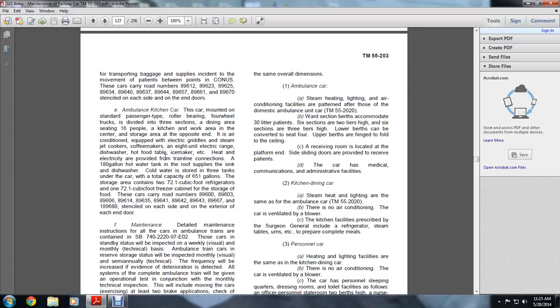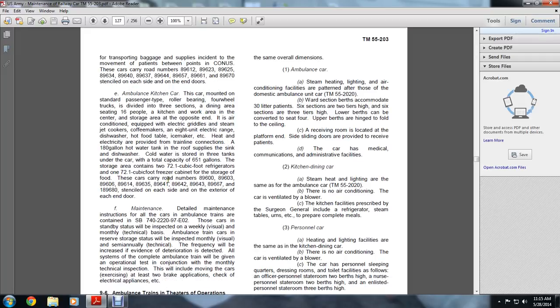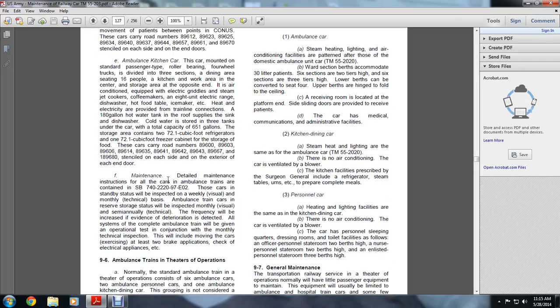These cars' road numbers are 89600, 89603, 89606, 89614, 89635, 89641, 89642, 89643, 89667, 89668, and 89680, stenciled on each side of the exterior at each end of the door. Maintenance instructions for the cars of the ambulance trains are contained in the SB